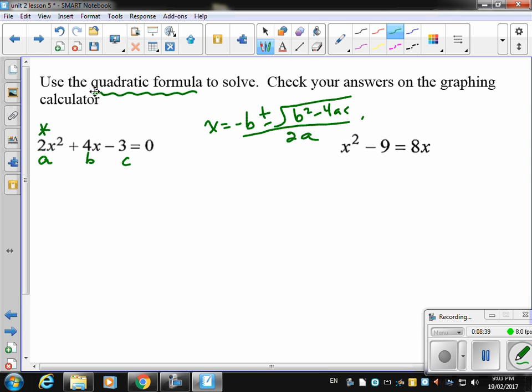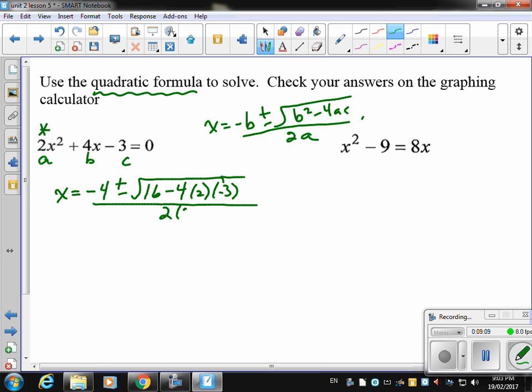Okay. To find my x-intercepts, I need negative B. B is 4, so negative 4. Add or subtract the square root of B squared. Well, B is 4, so 4 squared is 16. Subtract 4 times A is 2. And C is negative 3. Sorry, the root sign should go all the way across. All over 2 times A, and A is a 2. So once I put the numbers in,